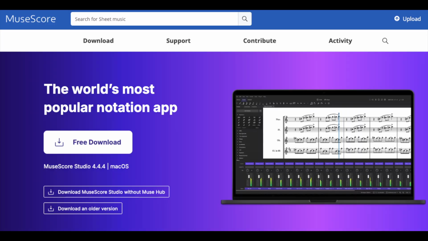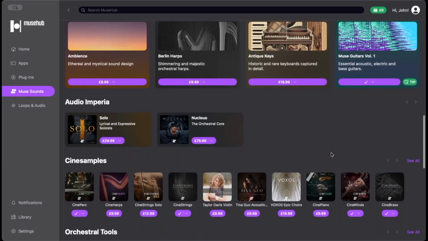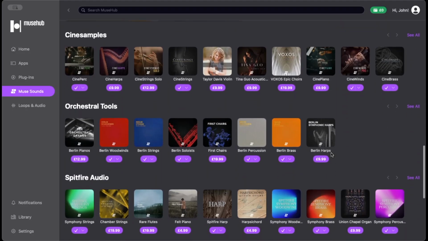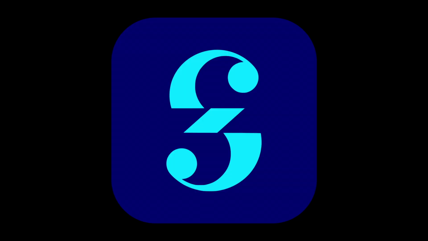And I also discovered that this piece, the Blue Danube, triggers everything wrong with Muse. So this is a bit of a rant about the frustrations of the notation program Musescore Studio, the sample libraries Muse Sounds, the place you download them from, Muse Hub, and the organisation behind them all. There's the Musescore Studio logo. Used to be this logo, now it's this. They've gone heavy metal. Meanwhile, improvements keep coming, but the big frustrations remain. Muse, if you're listening, we're on the same side. I love your stuff, but see how much better it could be.